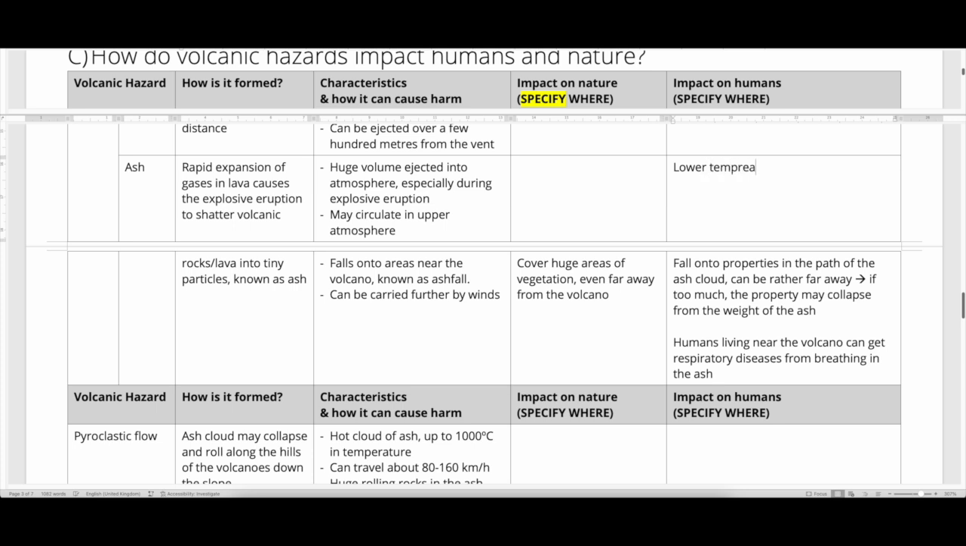Okay, as for the one that goes into the atmosphere, what happens is that it can actually lower the temperature in the atmosphere for a few years. Because why? The ash can reflect sunlight away. Then it can actually lead to a lower temperature for a few years. So how does it affect nature? It can disrupt